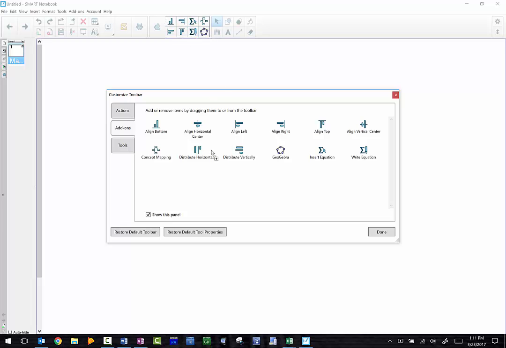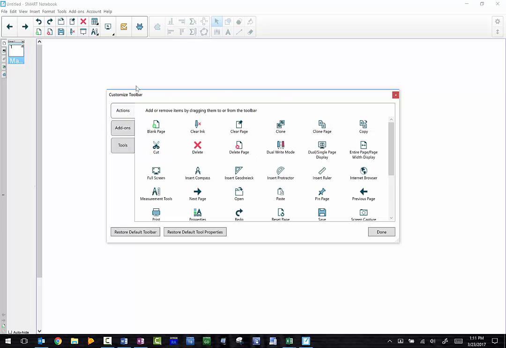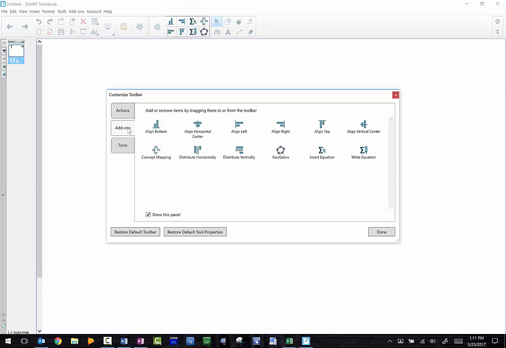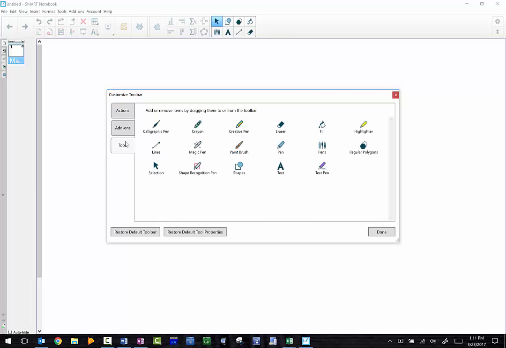And you can see too, when I change my tabs, this bar changes, so it's telling me where I can put those icons. And then of course I have my tools, so here's my shapes, and I can go through here. Maybe I want the creative pen to show up, so I could put that in here. And maybe I want my lines. Well, I already have lines, so let's go with a calligraphy pen, or a crayon, and a text pen,